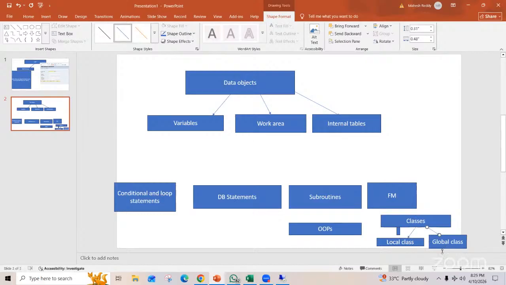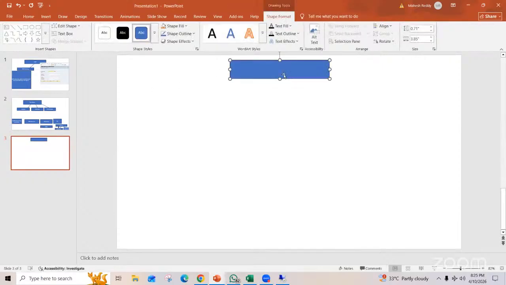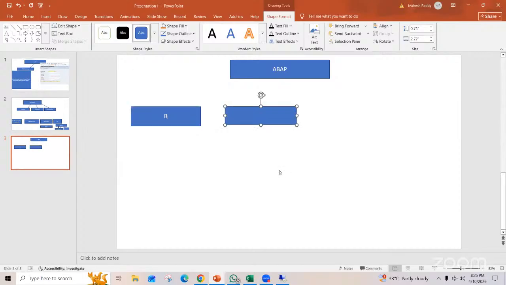These are very important. We can expect a lot of questions from here, whether you go as an experienced candidate with 1-2 years or as a fresher. Based on this, the entire RICEFW will work. We call all of this ABAP work. ABAP work is built on RICEFW. What could be our purpose?